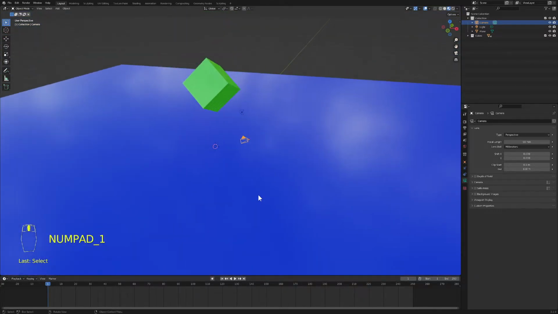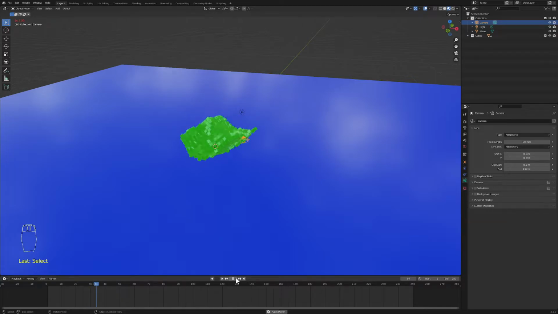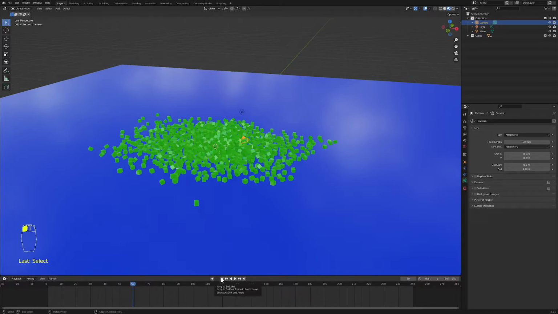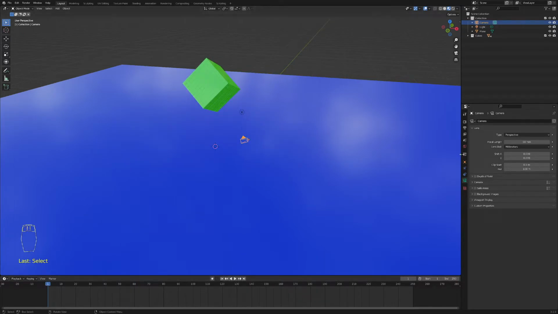So what I'm going to do, I could run this animation. This might take a couple of minutes to actually calculate. So let's click on play. It's not too bad, but your computer might be a little slow. So I'm going to go back to the first frame, and then I'm going to go over here